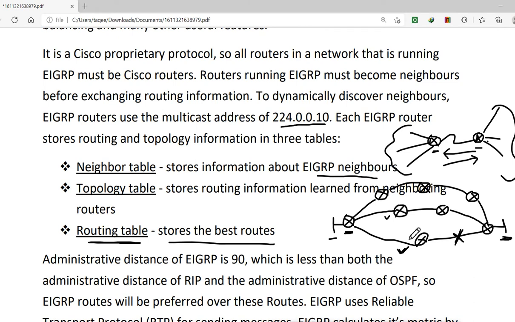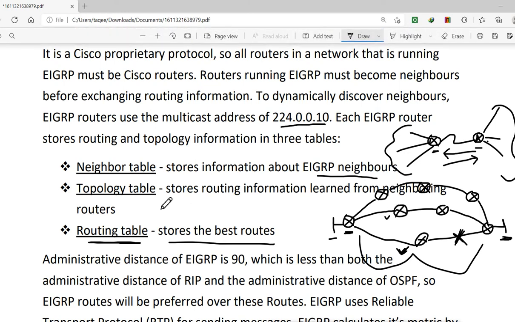And this convergence time is higher in RIP and OSPF. Why? Because they do the calculation again. First they have already calculated from here the 1 and 2 hops or the cost. They have seen this is higher, this is less, and this is the best. So they have calculated all these 3 paths already and then they choose this path. But when this path goes down, they have to do the calculation again and it will take time here.